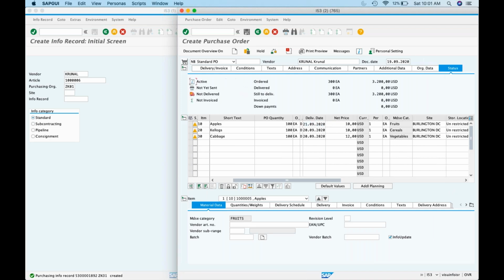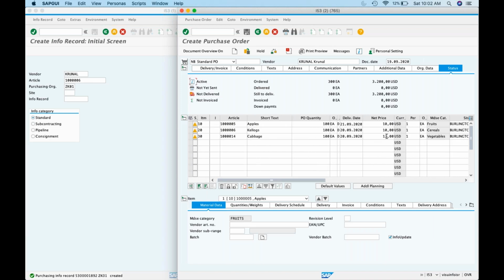So now, if you go to the status, it says 3,200, which is the sum of all the net prices. 1,000, 2,000, plus 1,200, it is 3,200, correct? The moment I save it, the system will create a purchase order document number.